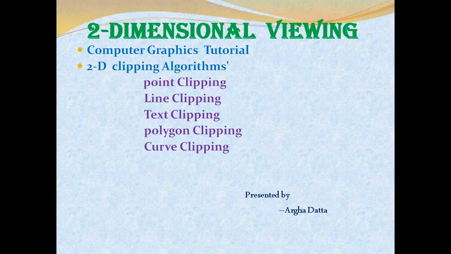Output devices conceptually generally use a Cartesian coordinate system that has two axes, x and y. A picture in the real world is defined in world coordinates, and it is mapped for the output device for viewing purposes, called view coordinates or screen coordinates. In this topic, we define how we can map a world coordinate object into an output device's view coordinate object.